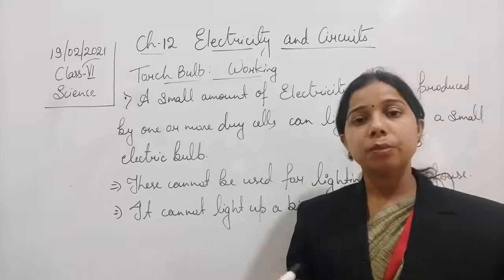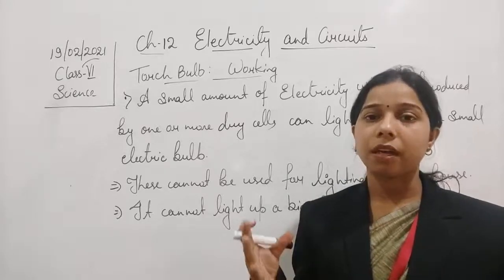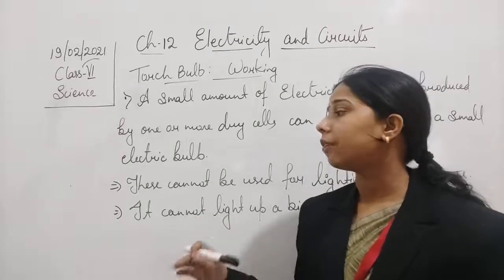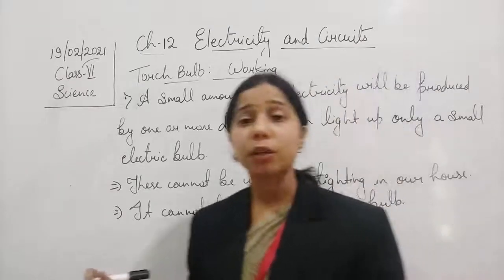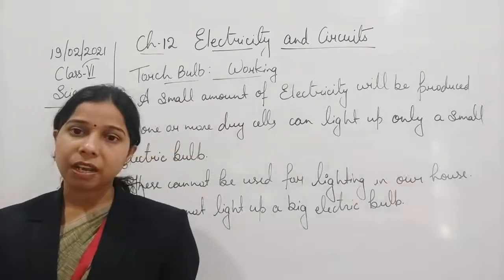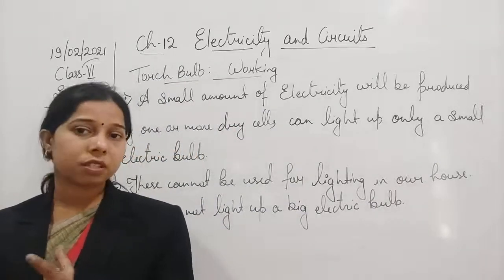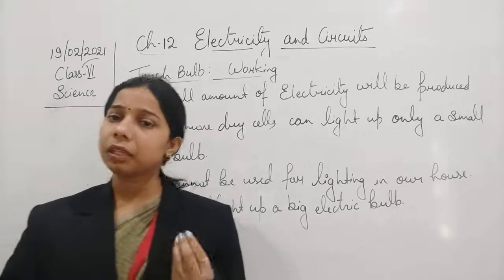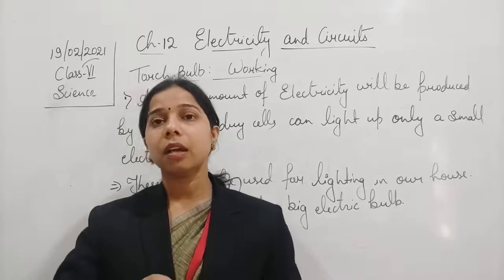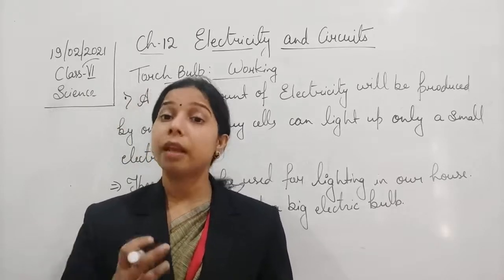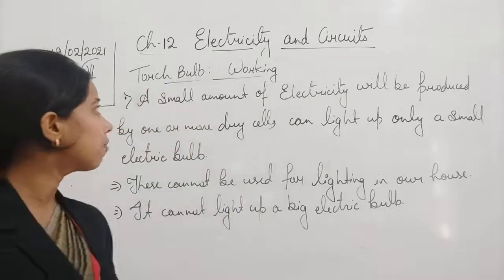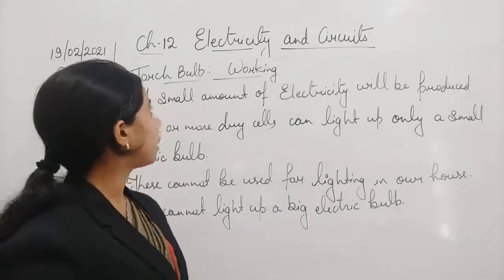So this will help in lighting up the electric bulb. Basically, we have seen here that when the electric current passes through the electric cell to the electric bulb filament, it glows. When electricity passes through the filament, being a very thin wire, it glows so much that it starts producing light. So this is the basic function of the torch bulb.